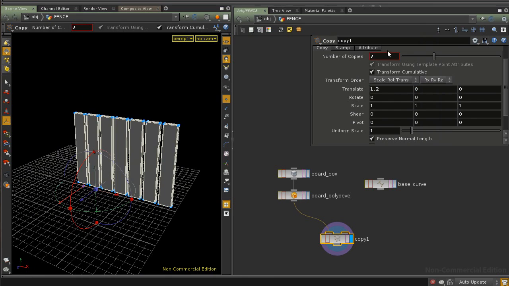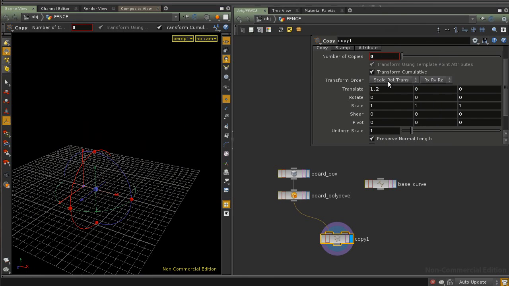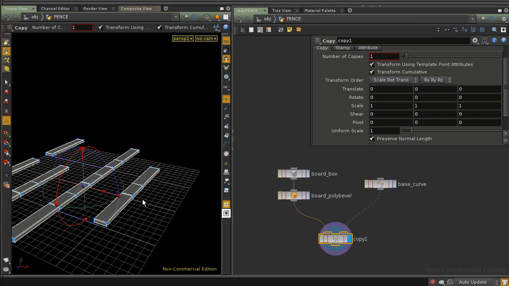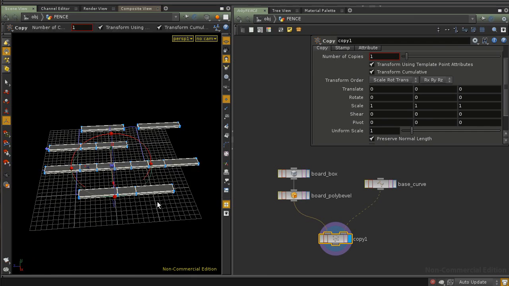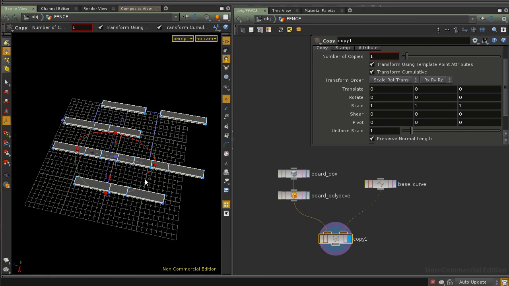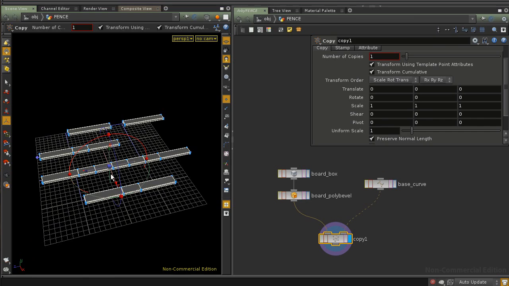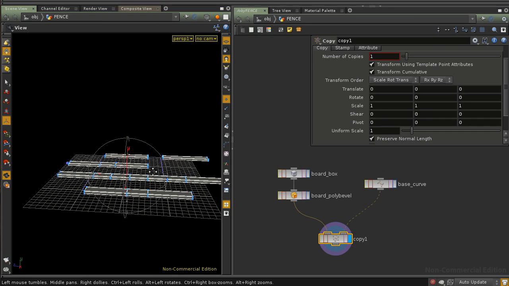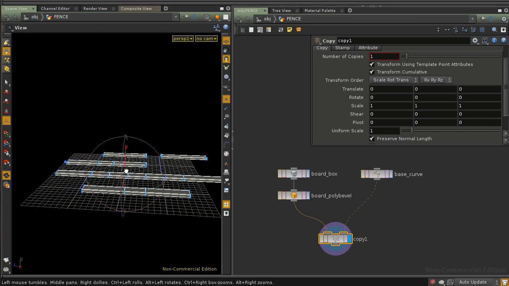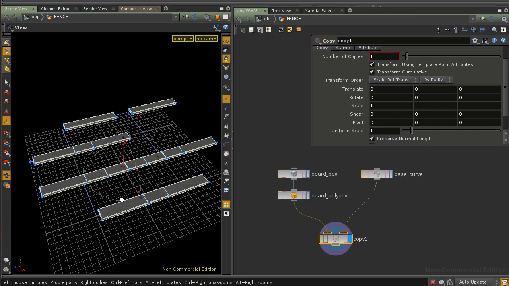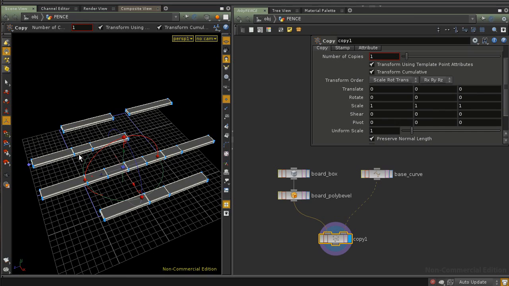Wow. But we're not going to copy them like this. We're actually going to have just one copy. We're going to copy this to the second input, which is the template to copy to, and that's going to be the curve we created. And look at that, we have a board in each point. They are actually laying on the floor, and we don't want that. We're going to fix that in a minute,